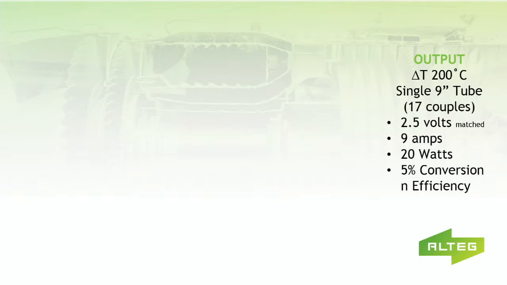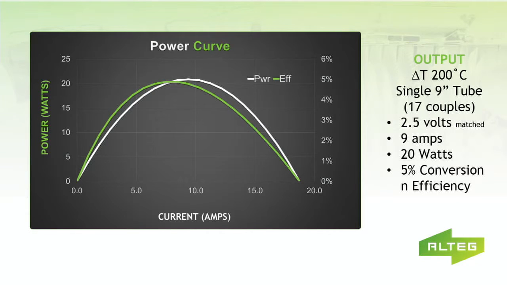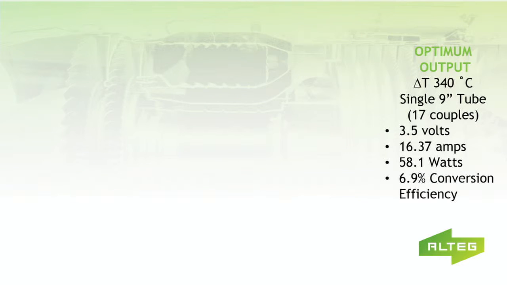So here's what the output looks like. Each one of these tubes, if you had a 9-inch long tube, which is basically 17 of the individual couples, at a 200-degree temperature difference between the hot side and the cold side, would produce about 20 watts. And here you have a power curve, so right at about, that's a matched load of 20 watts. At optimum conditions of about 340 degrees as a temperature delta, that same tube would be able to create